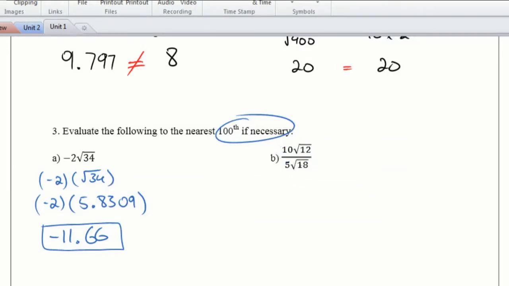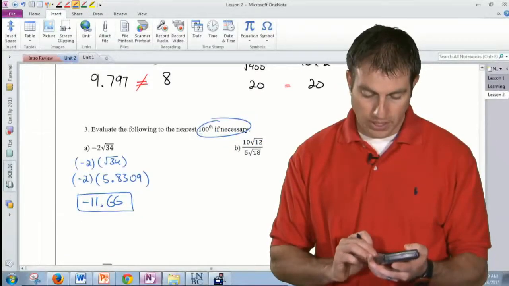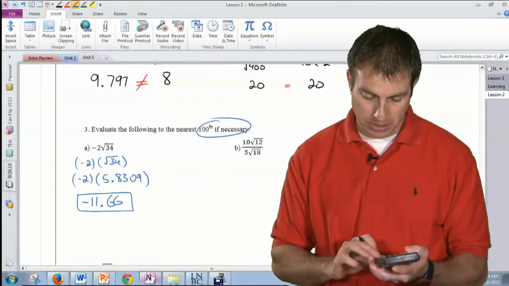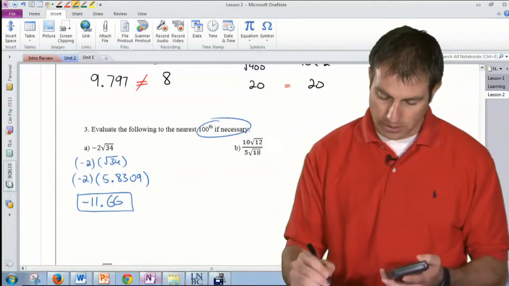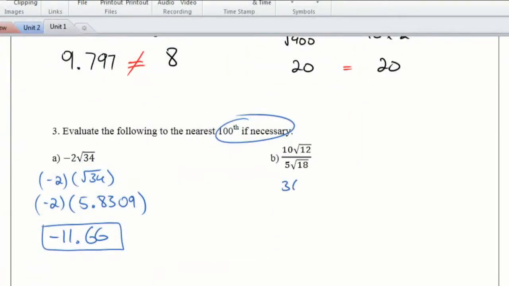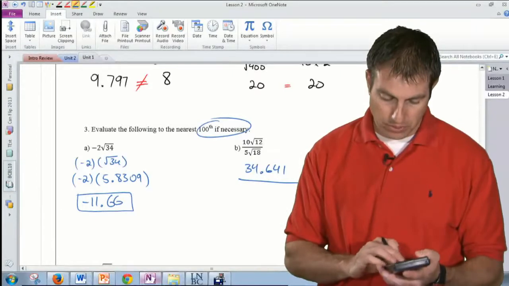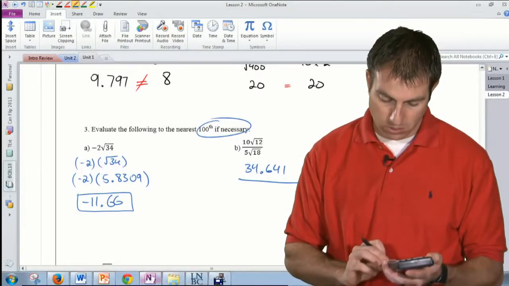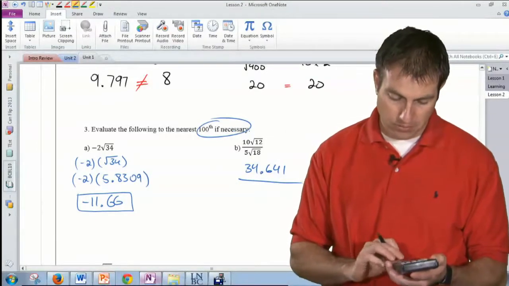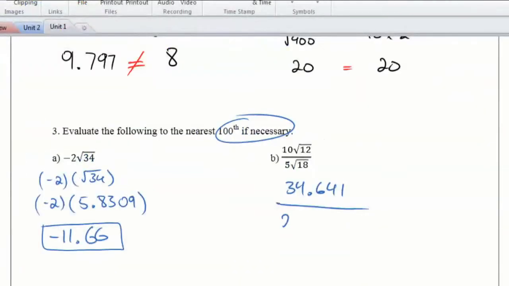The way I'm going to write it into my calculator would be the square root of 12. I'm going to hit equals, and then I'm going to multiply by 10. And the top is going to give me 34.641. And then same thing on the bottom. I'm going to take the square root of 18, hit equals, and then I'm going to multiply that answer by 5, and I get